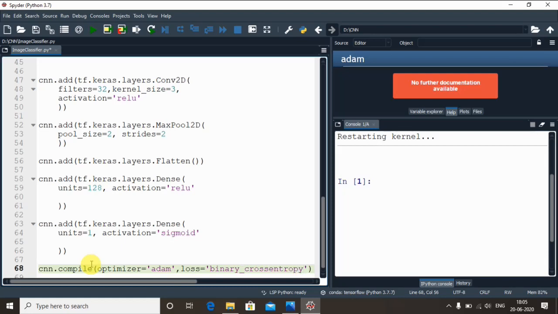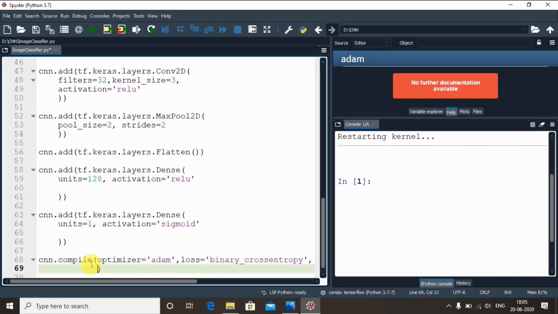So what may be the last parameter? Of course it is none other than the metrics, correct? As of now I'm using only one metric to evaluate my model, that is accuracy. If you would like to use more evaluation metrics, then you can make use of sensitivity, specificity, or any other, like the precision score itself. But as of now I'm going to use only one metric, that is accuracy. So I give it this way, accuracy. Fine, that's all. This will compile the CNN successfully with the optimizer, the loss function, and the metrics.